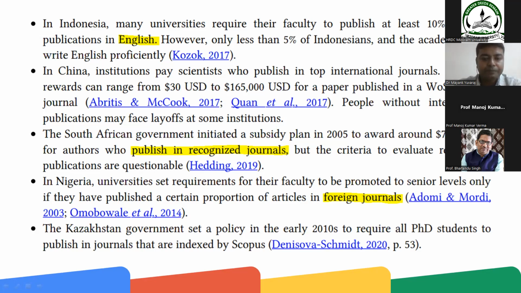Now, in Kazakhstan, PhD students have to publish at least papers in Scopus. We all know that Scopus and Web of Science are two internationally acknowledged databases. If you publish your paper in a Scopus or Web of Science based journal, it is considered of high quality.